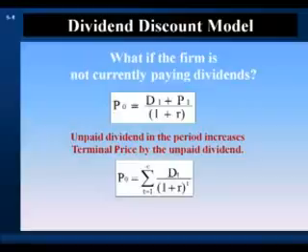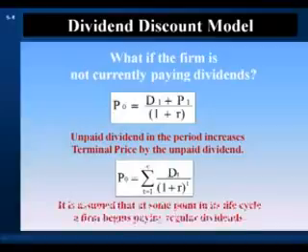Young growing firms may pay no dividends because they're financing their growth with retained earnings. But when firms move beyond their growth phase in their life cycles, they generate more cash flow than needed to finance all positive net present value opportunities. At this point in time, there will be pressure on the firm to begin paying dividends. So it's assumed that at some point in its life cycle, a firm begins paying regular dividends. Therefore, the dividend discount model is conceptually applicable to firms not currently